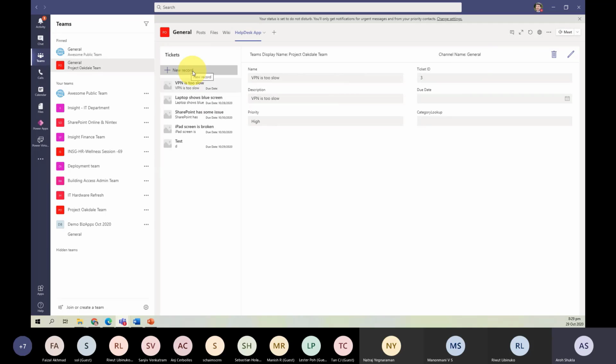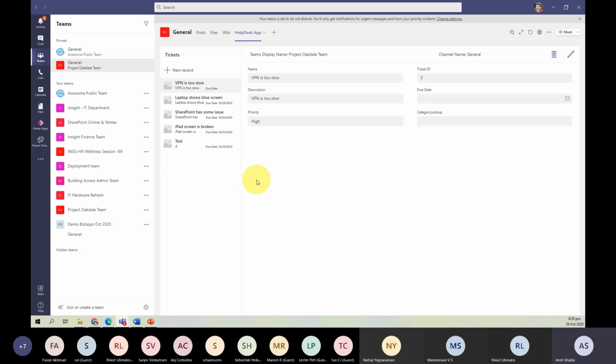Now, what I want to show you is that I can do a lot of fun things inside Project Oakdale. I want to show you what I have already configured. In this particular help desk, I want to create an approval using Power Automate. I will also use Power Virtual Agents so that you get full visibility of how Project Oakdale can help you. What I'm doing is creating a new ticket, and the new ticket will go to an approval process.